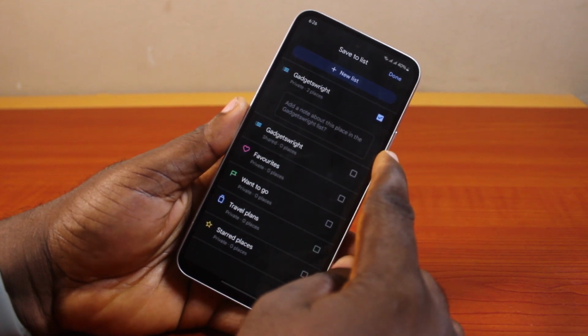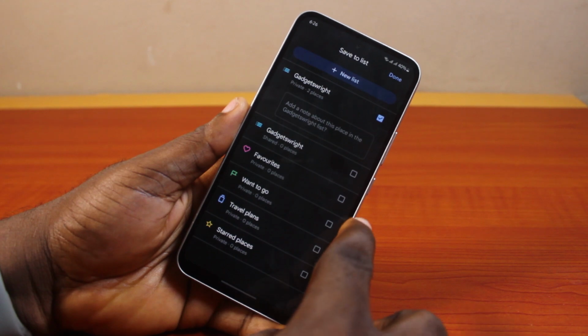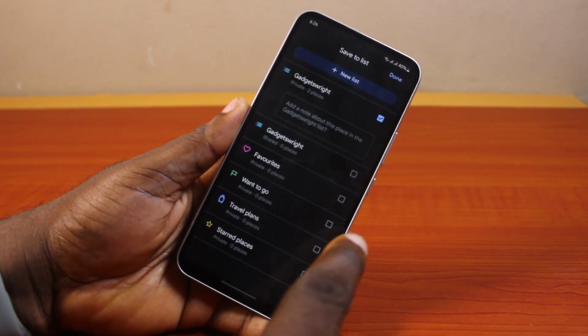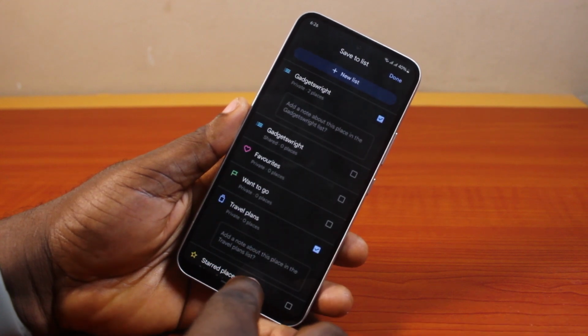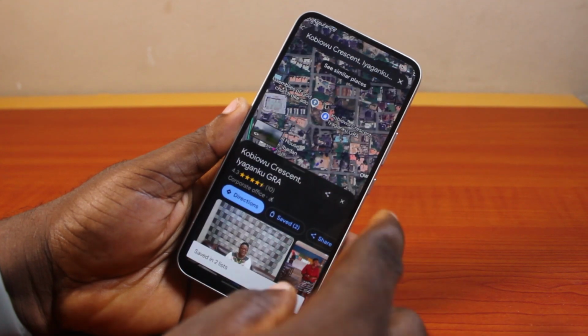Then you want to select the place you want to save it to. So it could be shared places, travel plan, want to go, favorites, then maybe your home address and the like. Then just go ahead and click on where you want to save it to. Add a note about this place in the travel plan list. So you can just click on this, then add some information to it, and then you should see the place